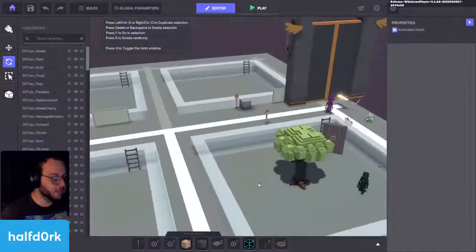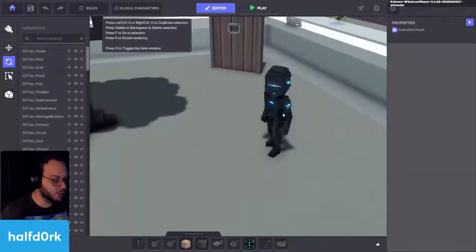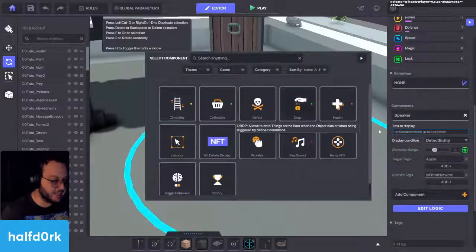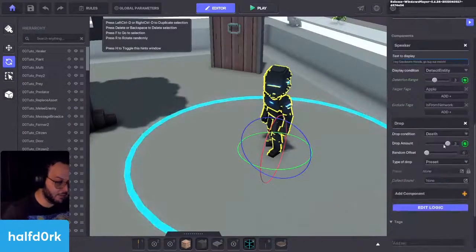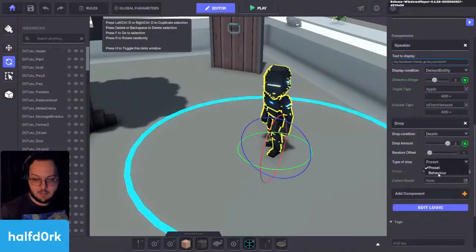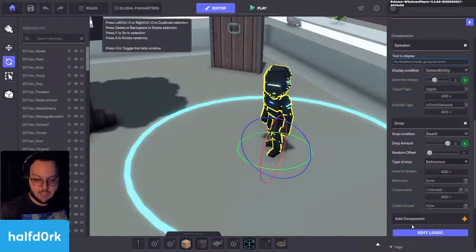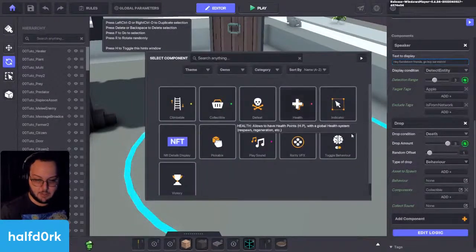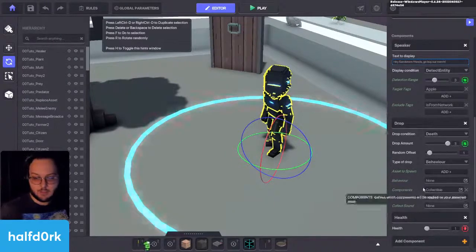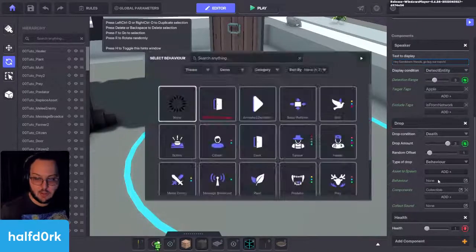There's also drop rate. So if we wanted to have this patrolman instead drop something, we can see we can drop up to 3 of an asset, and we can offset them if we like. But if we destroy him, so we'll give him a health component of 1, and if we were to attack him, he can drop